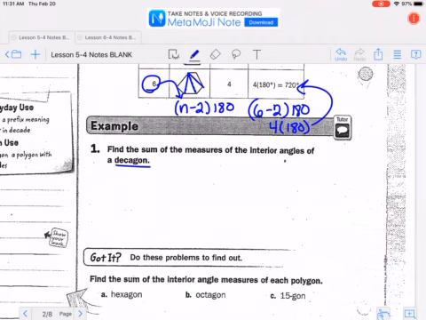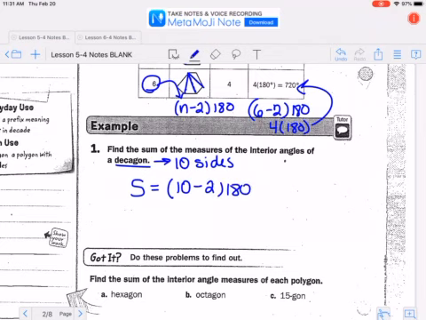Okay, so a decagon, if you don't already know, has 10 sides. So if we're using our formula, we'd have S is equal to, parentheses, 10 minus 2 times 180. So 10 minus 2, we know is 8. And 8 times 180